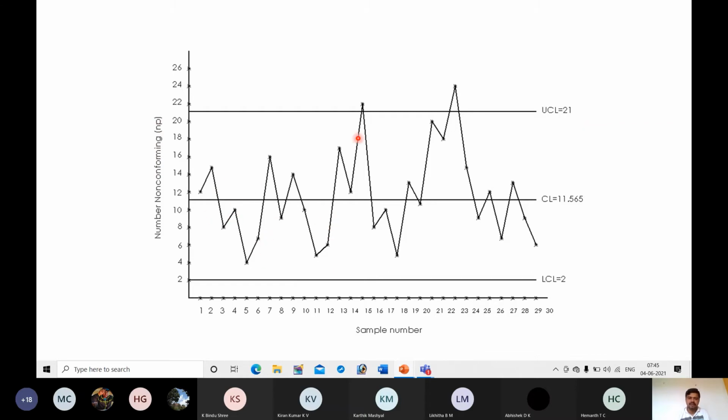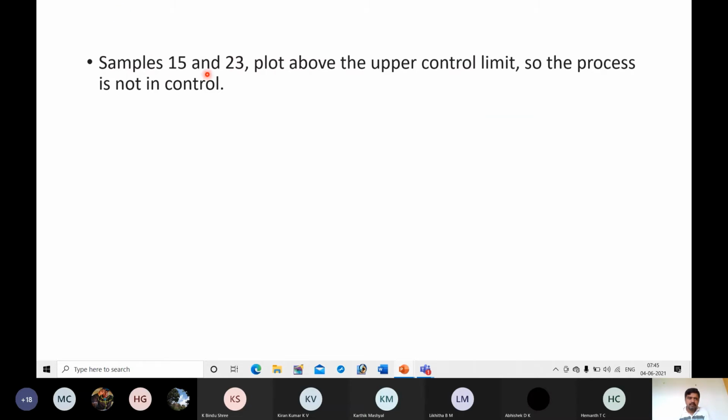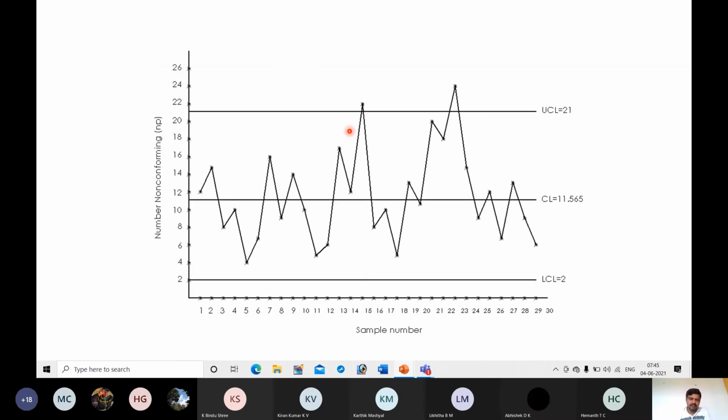Okay, after plotting this, this is the line of lower control limit, and this is the line of upper control limit. Now we can see that 2 points are above the upper control limit. So we can say this process is out of control, because you have 2 points outside the control limits. Okay, so then it requires further evaluation. In practical application, quality engineers will evaluate and try to find the reason, and after finding the reason, they will try to eliminate that assignable cause. It may be because of the machine, material, or the worker.